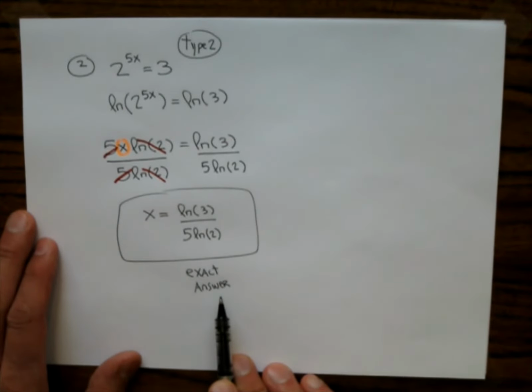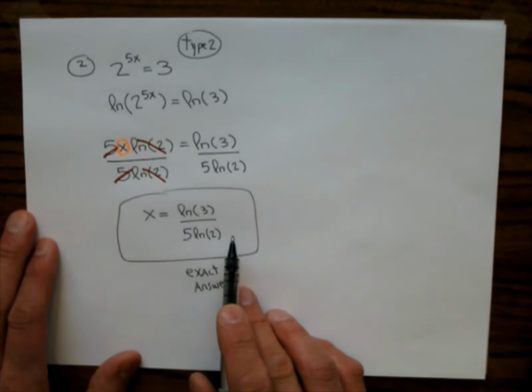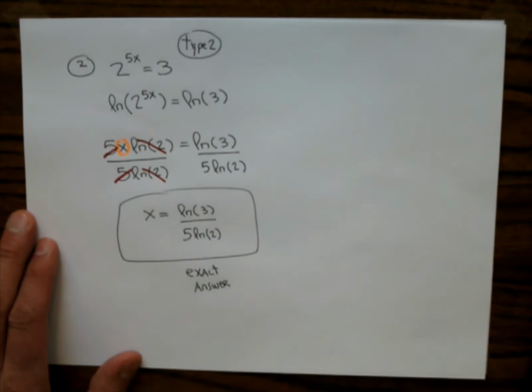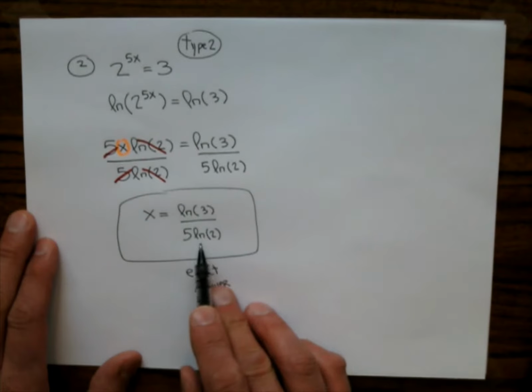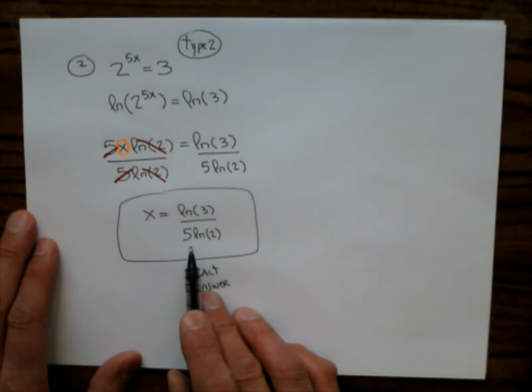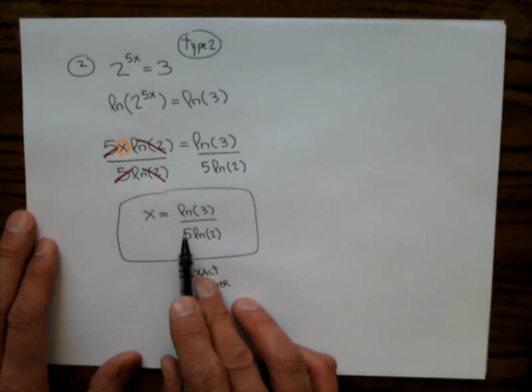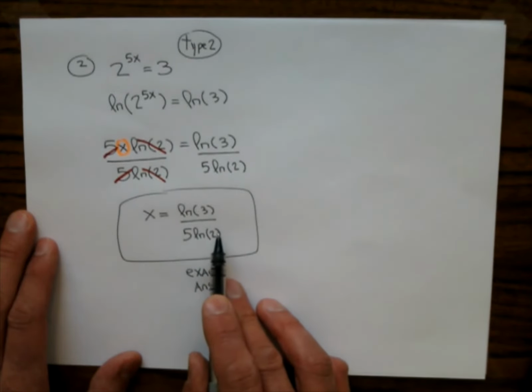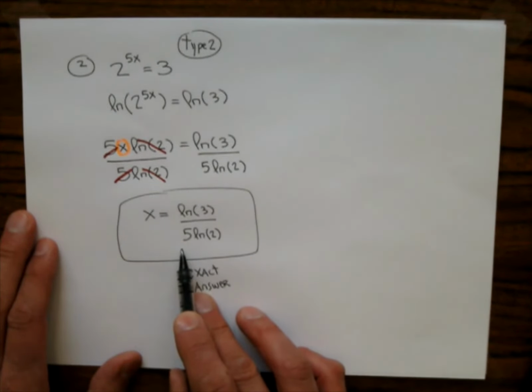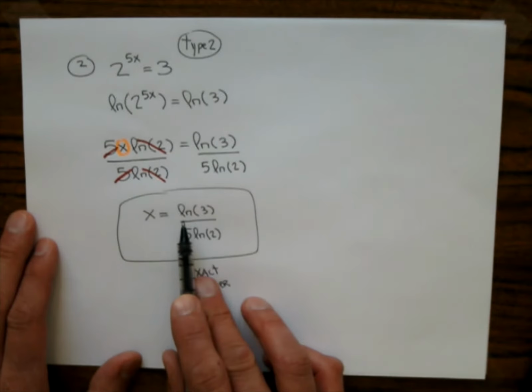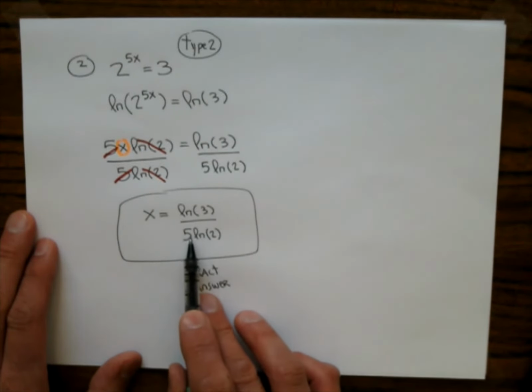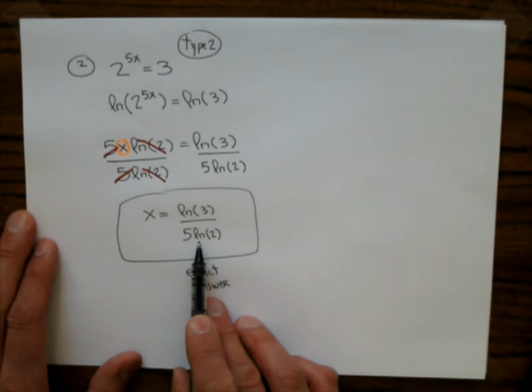I brought up this exact answer thing because what we might want to do, like in the real world, is tell somebody, what is this? Maybe this was the answer to something important. And so a lot of people will put this in their calculator and they'll try to do it all in one thing and they'll forget to put parentheses around the whole denominator. If you just put this in your calculator like this, ln 3 divided by 5 times ln 2, order of operations says